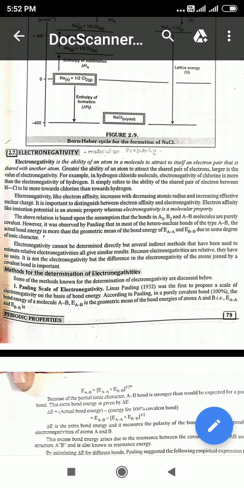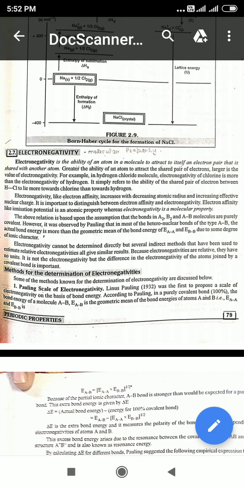It is not the electronegativity but the difference in the electronegativity of atoms joined by a covalent bond that is important. Methods for the determination of electronegativity. Some of the methods known for the determination of electronegativity are discussed below. Pauling scale of electronegativity. Linus Pauling, in 1932, was the first to propose a scale of electronegativity on the basis of